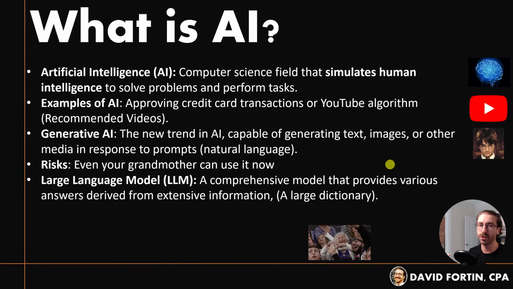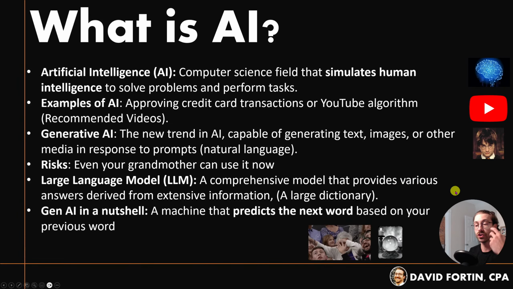In other words, a large language model is just a dictionary. So it's been pre-trained with a lot of information, and basically it's a model. So large language model, a lot of information fed into a dictionary. So when you ask the AI tool, here Copilot, it's going to feed its information in the pre-trained model, the large language model, to give you back answers based on the previous words that it's going to find on the internet. So an example, just in a nutshell, it's a machine that predicts the next word based on your